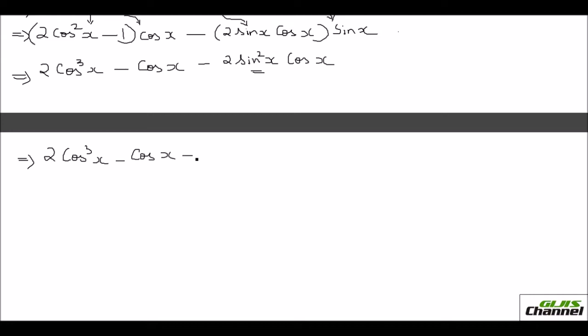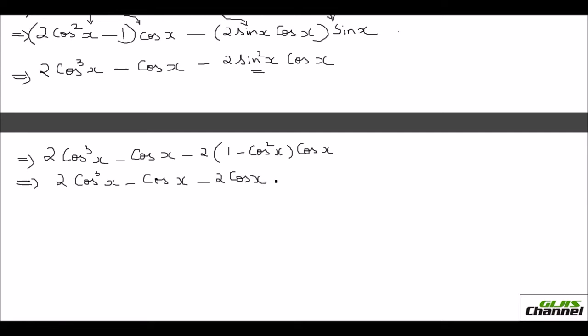And here it is minus 2 times, what is your sine square x? In terms of cos x, it is 1 minus cos square x, right? So I am applying that 1 minus cos square x times cos x. Again you do the distributive property law here. So what happens? Here this is no change, it is going to be cos cubed x minus cos x. When you multiply the 2 and the cos x with the terms inside, you will have minus 2 cos x